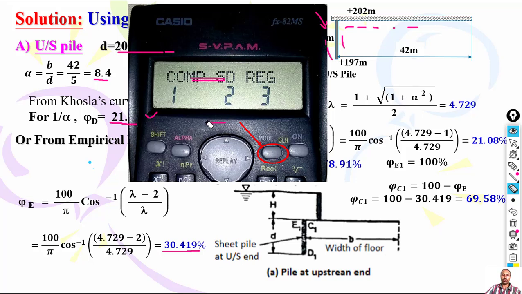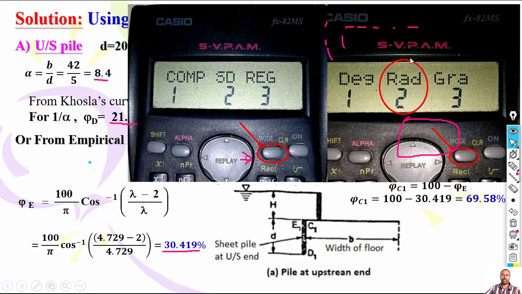Your calculator should be converted into radian, this bracket side. So you can see this here, the bracket sign. Inside this bracket should be in radian measure. So your calculator should be converted into radian. Just click mode here. You click this mode, then just replay. So this replay, if you replay, then next you can have